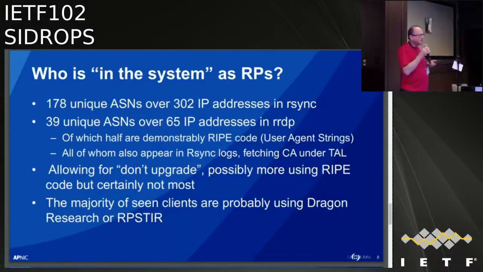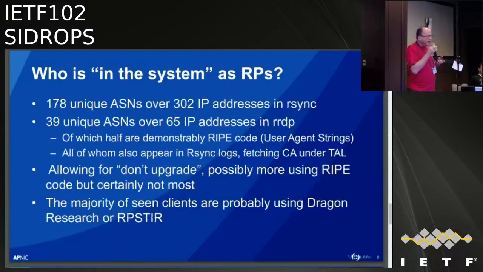Okay, so I did some rough measurements, and I see somewhere around 300 IPs from 178 ASNs doing rsync, which really has to cover the 65 IPs and 39 ASNs I see doing RRDP. An interesting moment in IEPG is that Randy said he has radically different numbers here. And I think we may have a little moment where we find a student to do some measurements on who is in system and where they're looking, because that's kind of weird. Remember, this is an all-encompassing framework. If you look at us, you should be looking everywhere. Everyone should be seen everywhere all the time. And that doesn't seem to be the case, which is kind of weird.